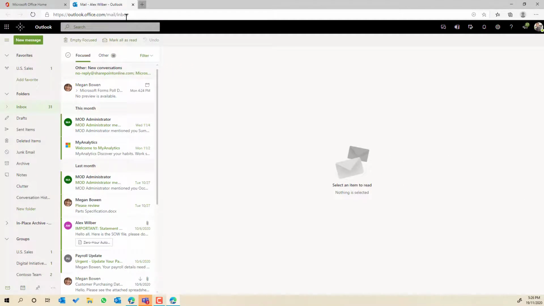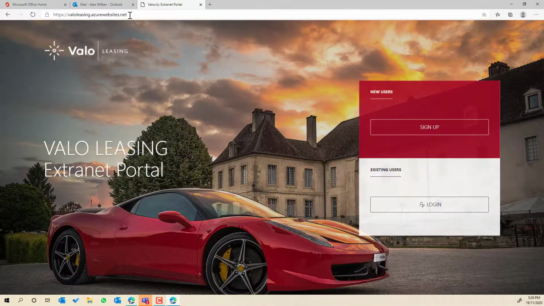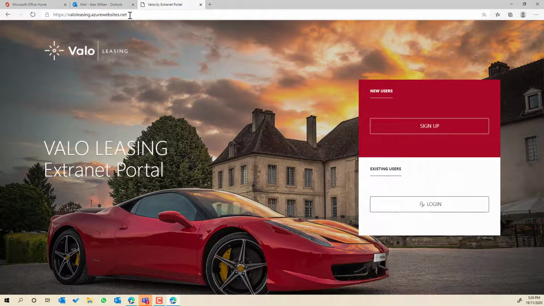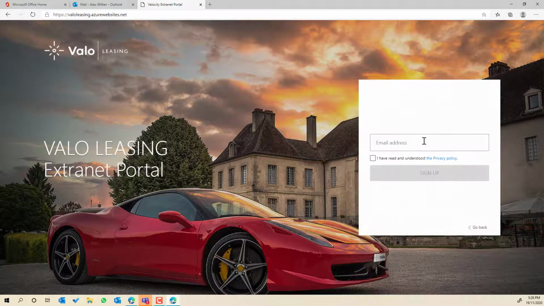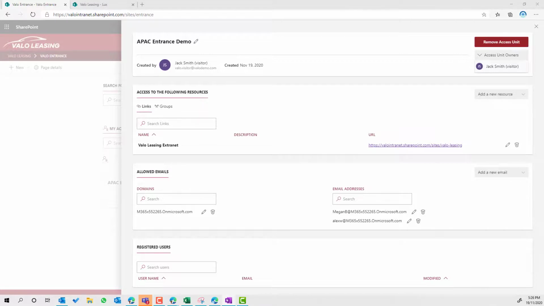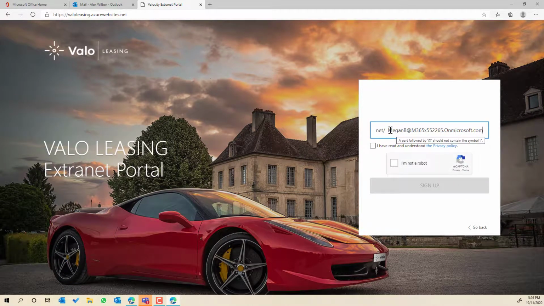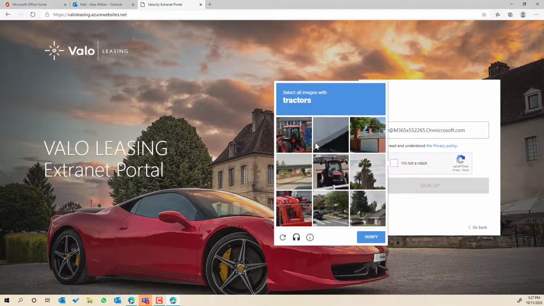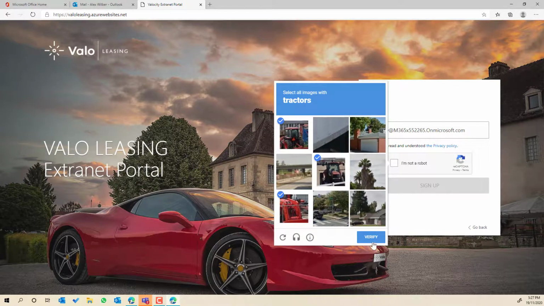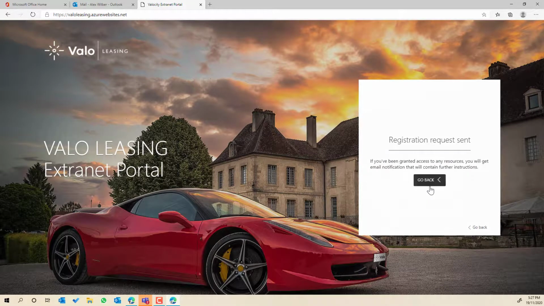So let's flick over to Alex, and we will enter into the self-service portal that now allows Alex to sign up for access to the extranet. So we're going to go through this process here. We're going to pop in Alex's email address, and I'll just grab that from over here. We'll copy that, jump back into here, and paste that. It's not going to be Megan, it's going to be Alex. We've read the privacy policy. We're not a robot. Let's select all the tractors, and we will verify our identity, and then we will sign